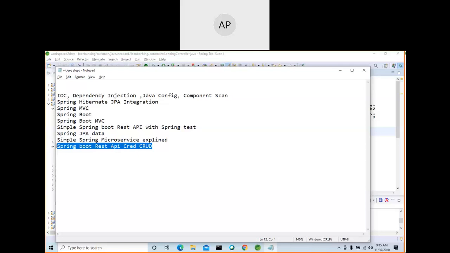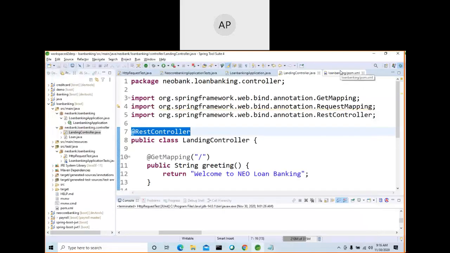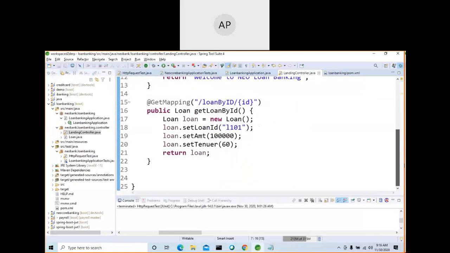If you know this, you will be able to work in an MNC-based project. On the other side, you are going to call the REST API by using React or Angular, which we are going to see.